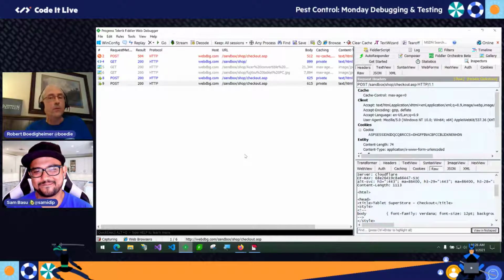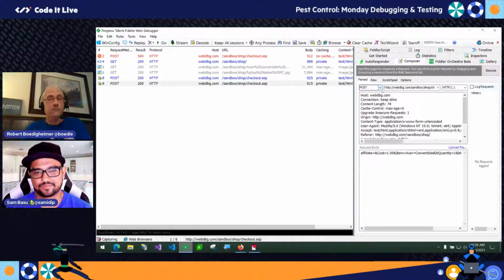So Composer is really powerful because I can manually create one on the fly, whatever I want, or I can drag one over. I'm kind of lazy, right? Most of the request was fine. I just wanted to tweak part of it. I can just drag it and drop it into Composer. So again, this is where Fiddler shines, because there's not an easy way otherwise for me to accomplish this without doing stuff programmatically. Does that make sense?